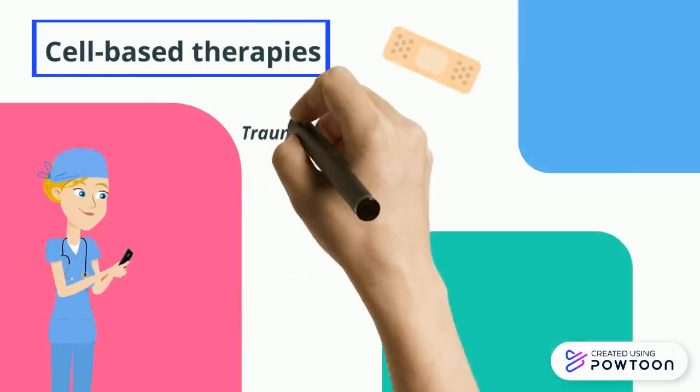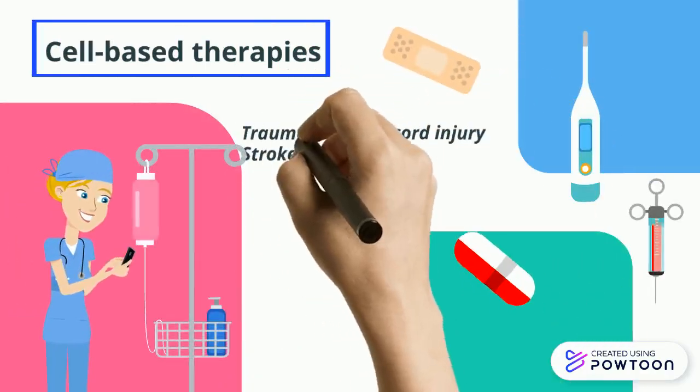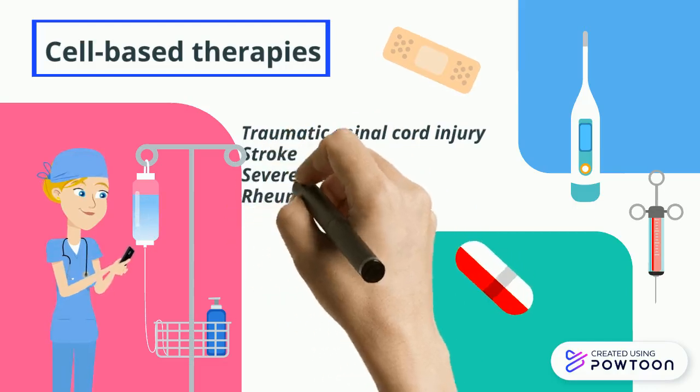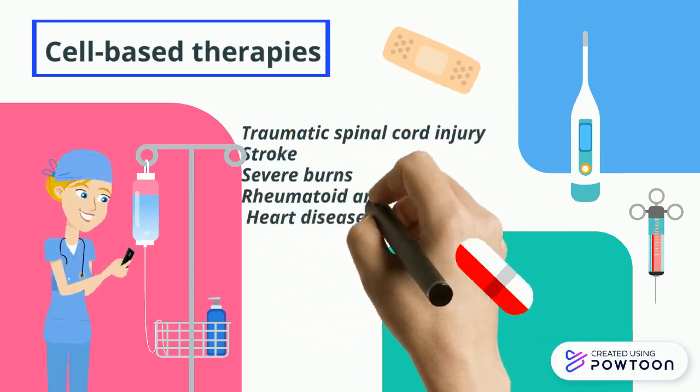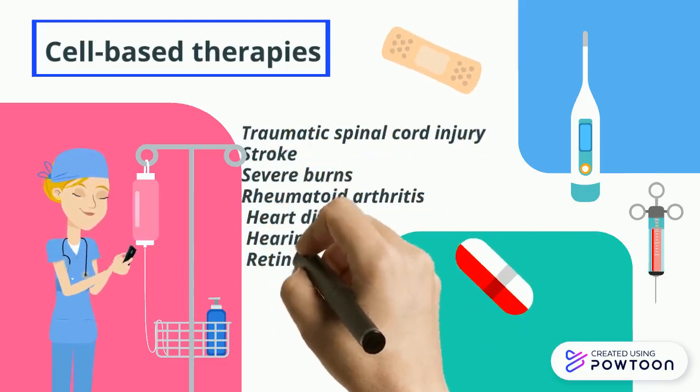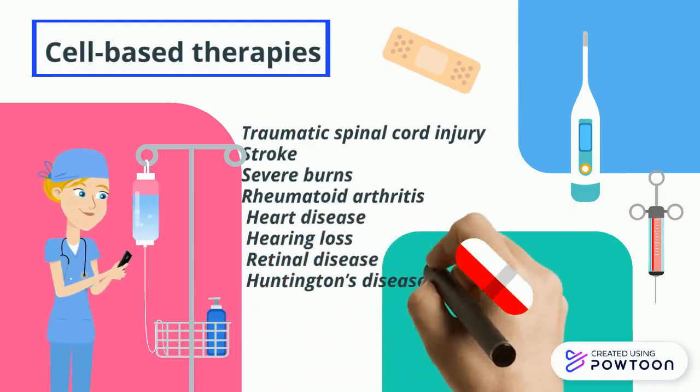Cell-based therapy. If a researcher can find a reliable way to direct the differentiation of embryonic stem cells, they may be able to use the cells to treat certain diseases. Other medical conditions that may potentially be treated with